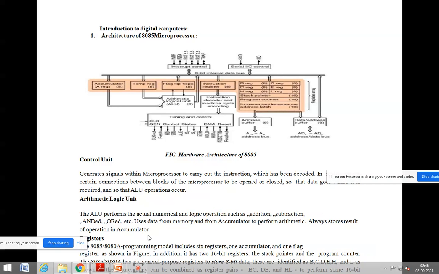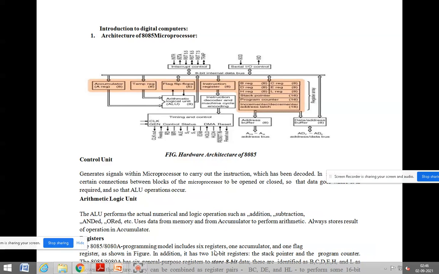The remaining registers hold only 8 bits. Only two registers hold 16 bits, that is the stack pointer and program counter. One by one we will see them.